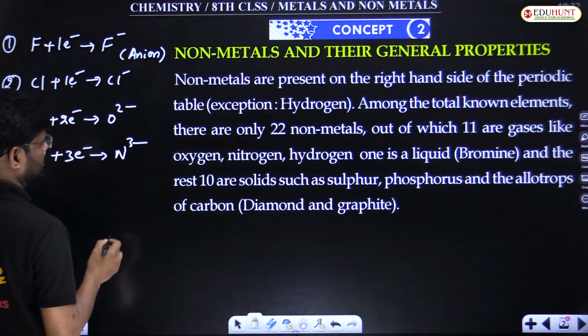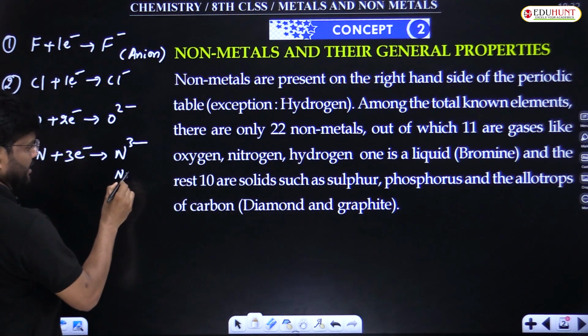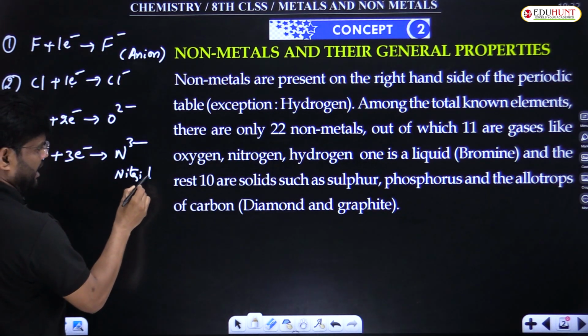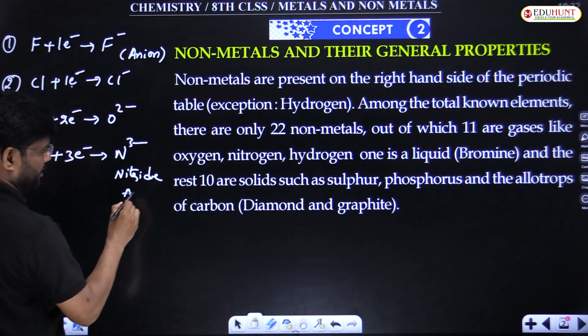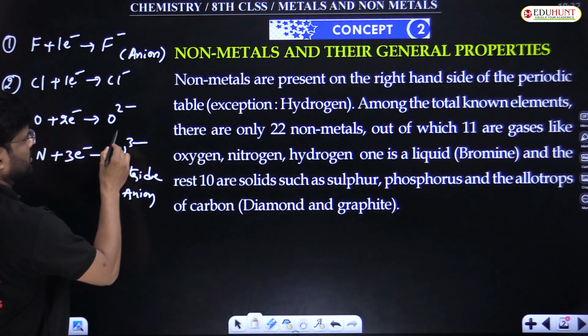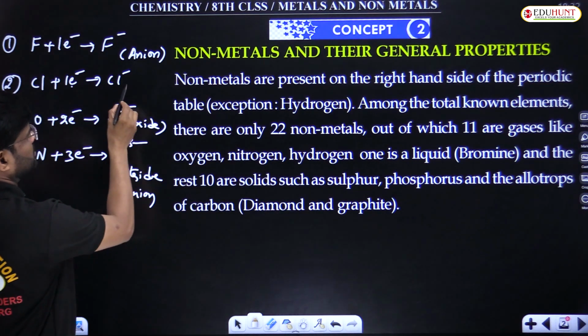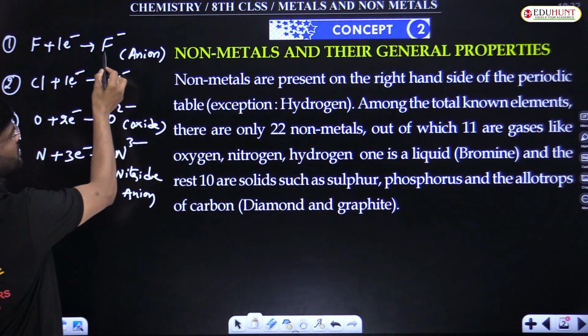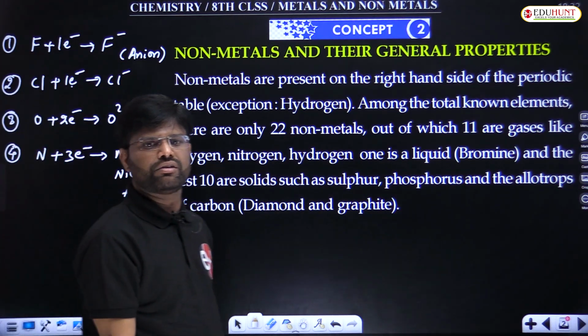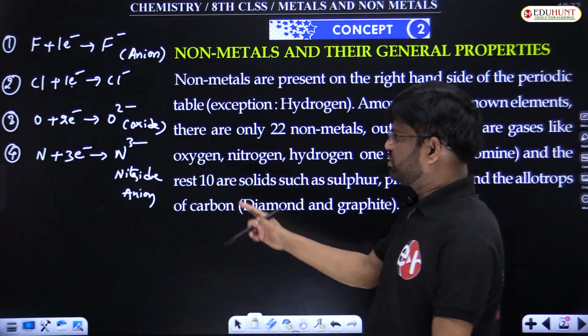N3 minus. This is nitride anion. This is oxide anion. This is chloride anion. This is fluoride anion. Okay, so this is about the